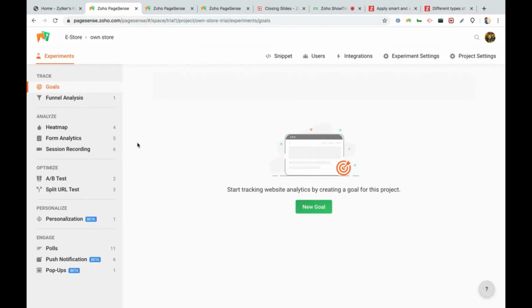And here comes my favorite part, analyze. The analyze part will help you to understand your website visitors' behavior. That is more like you're going to understand your future customers or your current website visitors, and you're going to see how they are interacting with your website. That is really very important, and that is going to help you in increasing your conversions and even your brand value. So the analyze part will be helping you with that.